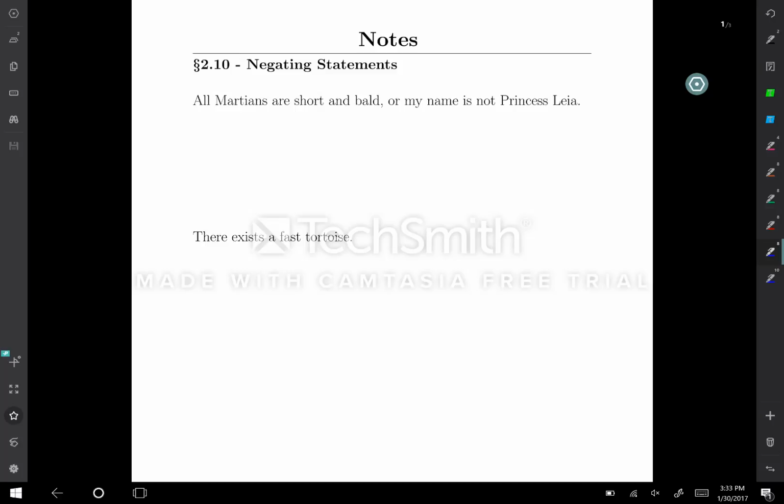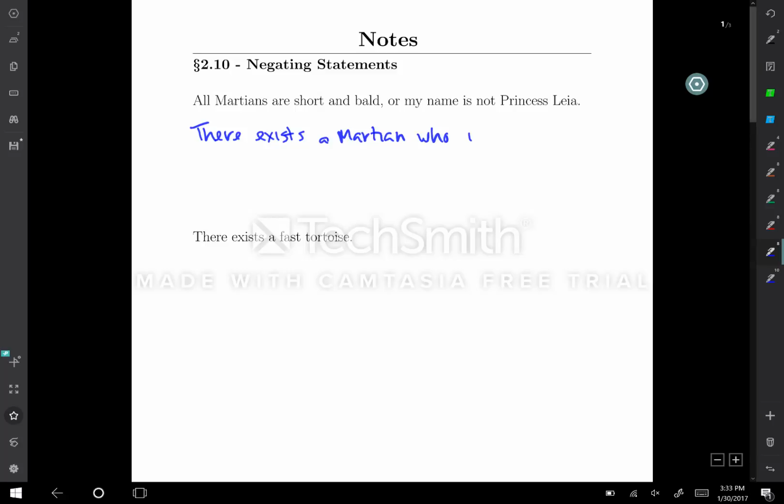All Martians are short and bald, or my name is not Princess Leia. In order to make this have the opposite meaning, we don't want it to be all Martians, we only need there to be one. So our statement would become, there exists a Martian. And rather than being short and bald, we want our Martian to be tall or hairy. So there exists a Martian who is tall or hairy,